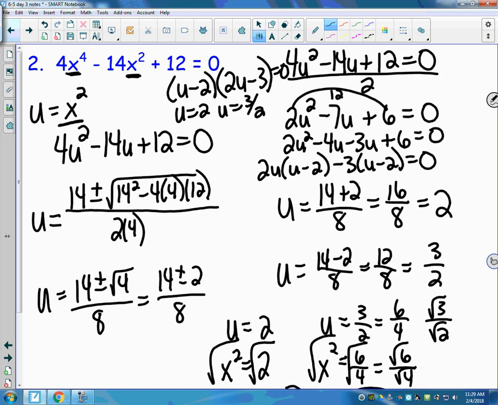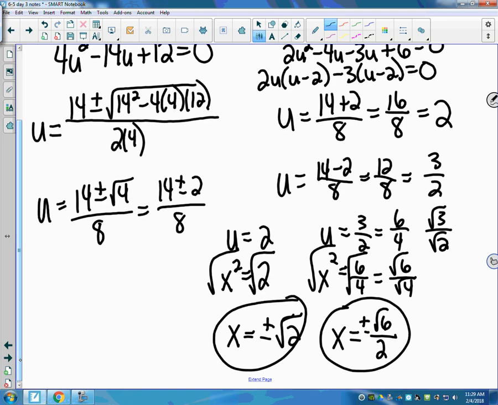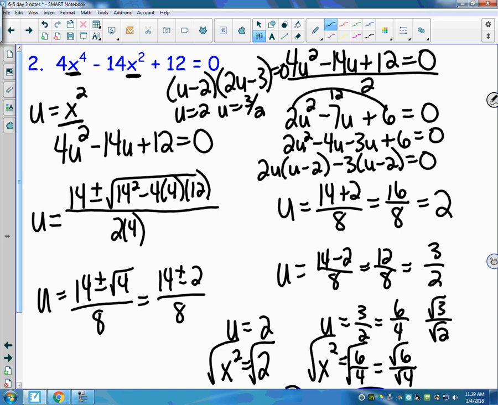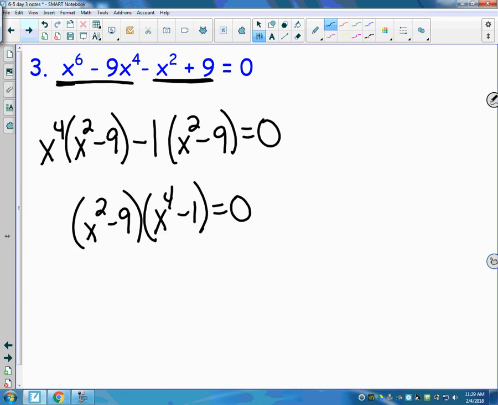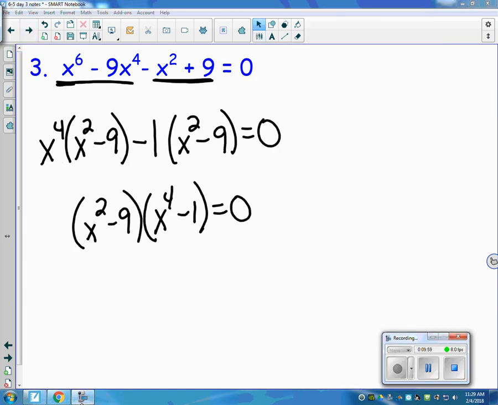Look back at this one. How many answers did we end up with on this one? Well, we ended up with plus or minus square root of 2 and plus or minus square root of 6 over 2. We ended up with 4 answers, and those are all real answers on that one. Look at the degree on this one, and see what you can figure out. And we'll start here in